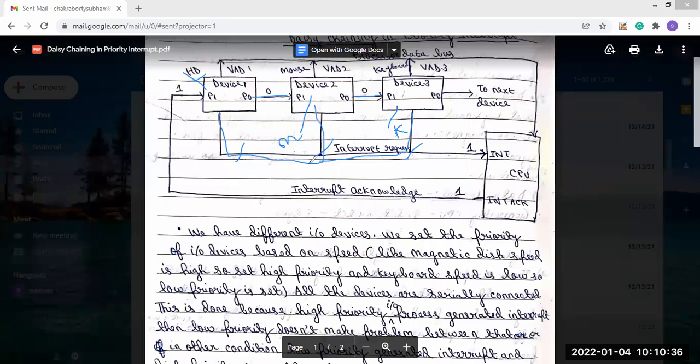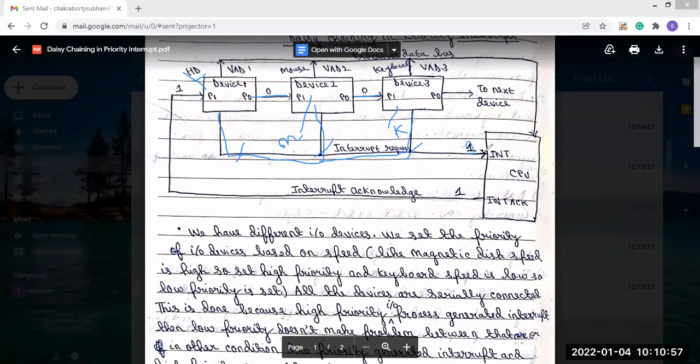Now, if any of these input output devices generates an interrupt signal, then a 1 will go to the CPU. Among these three devices, if device 1 generates an interrupt, then the 1 will go.